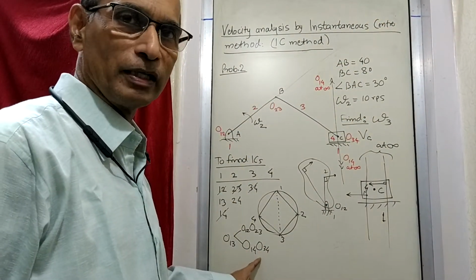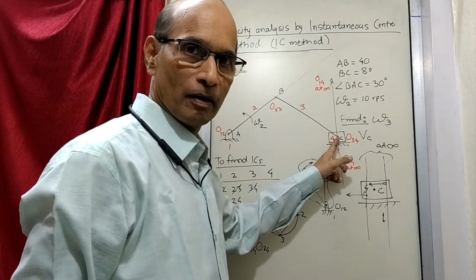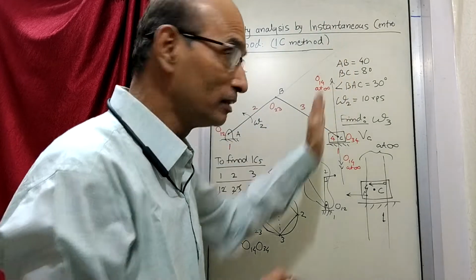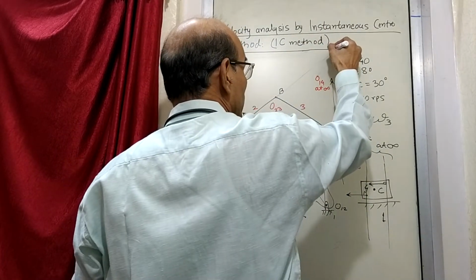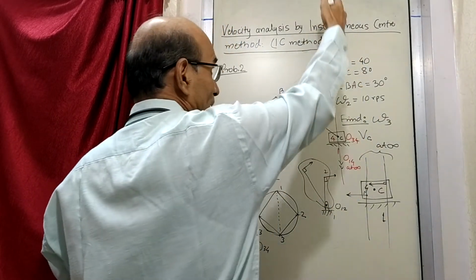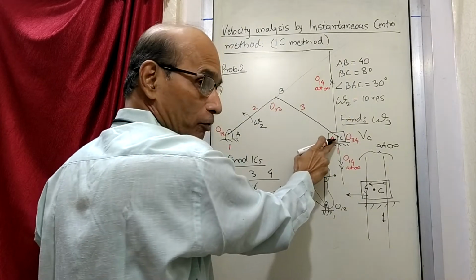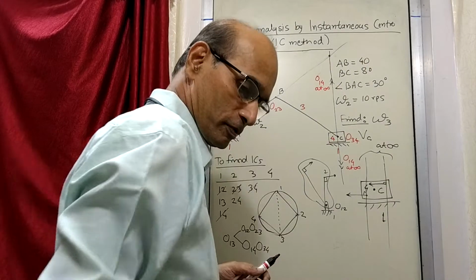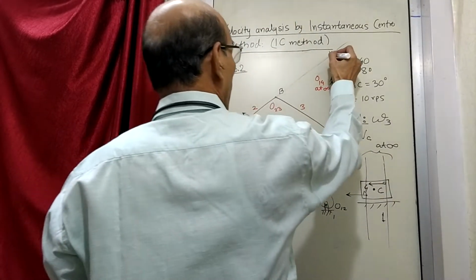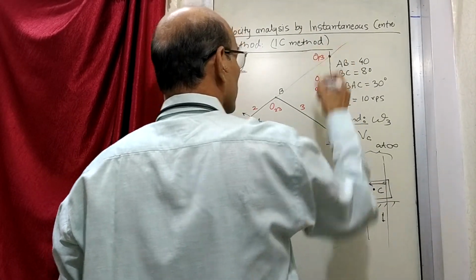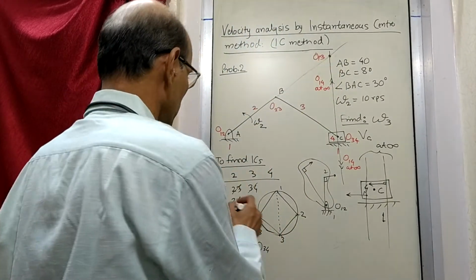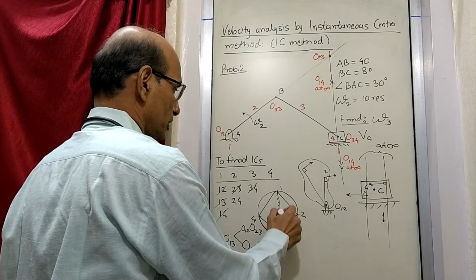Now how do you join 1, 4 and 3, 4? 3, 4 is here, and 1, 4 is at infinity there. So from that infinity, if you draw a line, that line will come vertically down like this. So the line has come from O14 and it is passing through 3, 4. And this line is already drawn. So this is the position of O13 which we wanted to find out. So O13 is now known. You can make it dark.